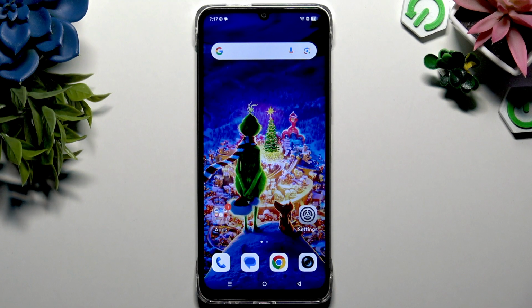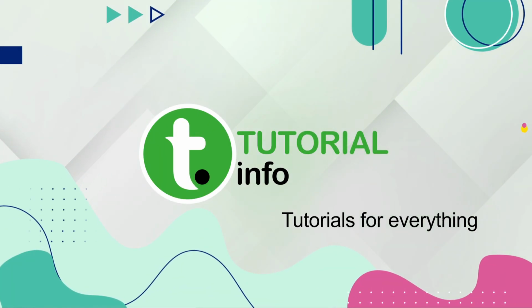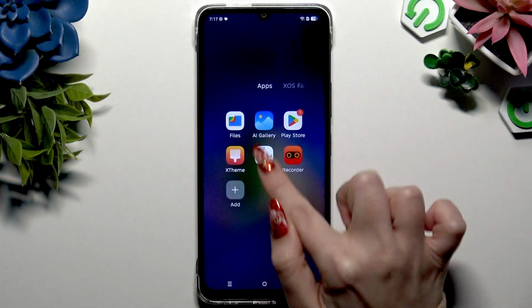In front of me is INFINIX Hot 60i, and today I would like to show you how you can change this device's theme. Start by launching Xteam app